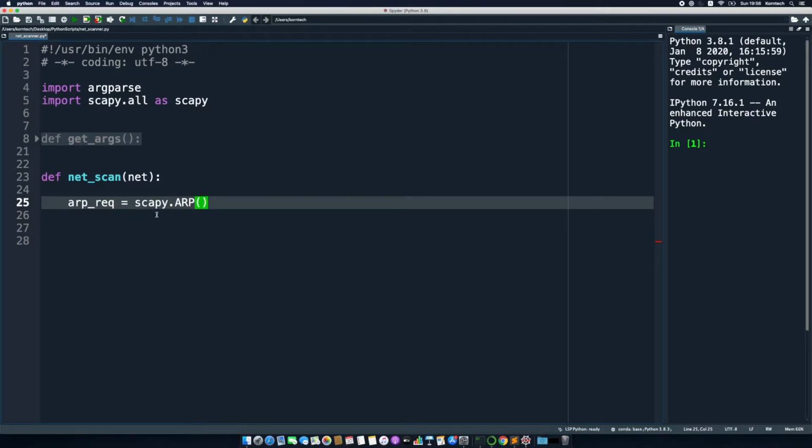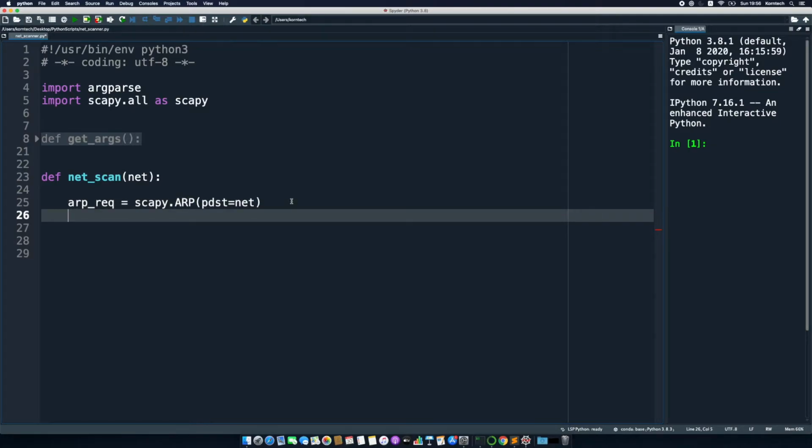So from Scapy module, we're using ARP class, and this takes in a few arguments, of course, but here we need to provide the target network that we want to send our requests to. So I'm gonna say pdst equals net,